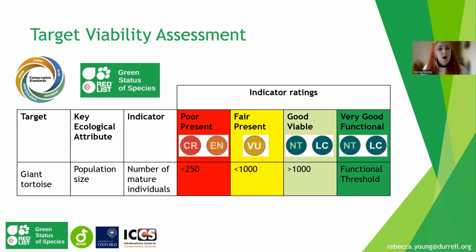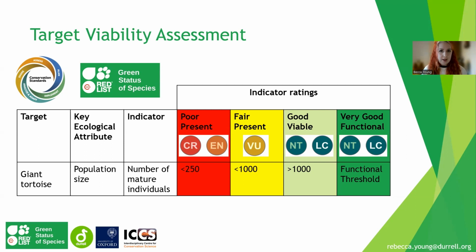So for example, I would say that poor or fair would be present, but in the lower categories, so poor being in the most threatened categories and fair being in the slightly less threatened category. And these have population numbers to go with them if you think in terms of red list. And then good, we could look at a viable population, and very good, a functional population. This is quite a simplified example, but I think it illustrates well how